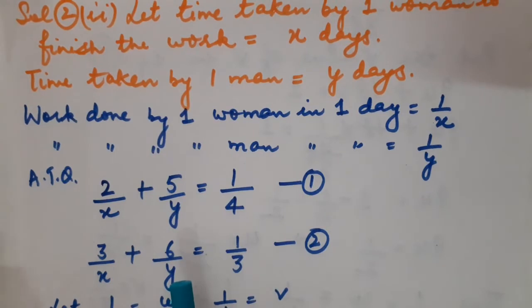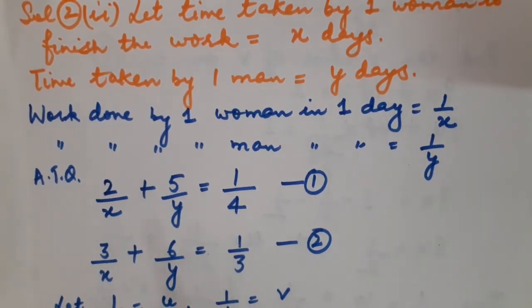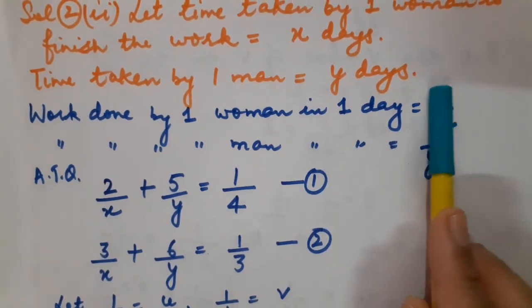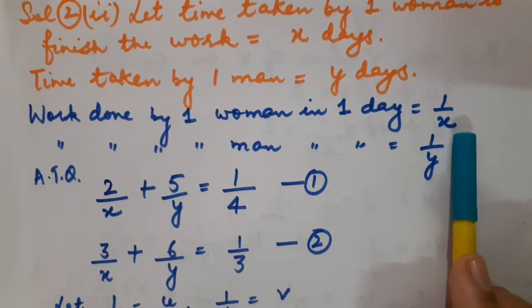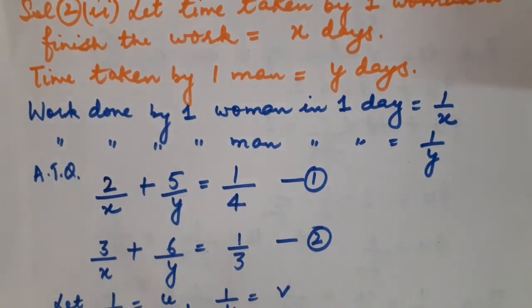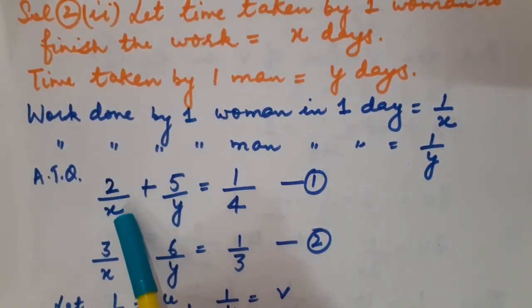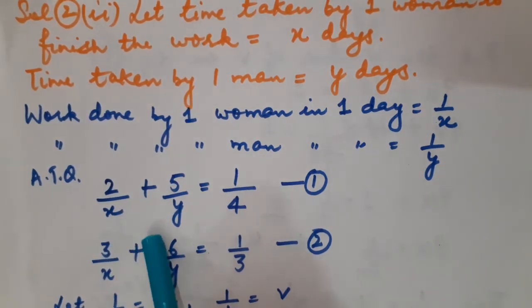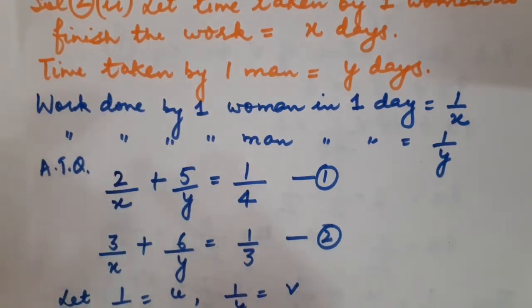Now according to the question, in case number 1, children, you read in the statement 2 women. If one woman does work equal to 1/x, then 2 women are going to do more work. For more, you have to multiply. So that will be 2/x. This is nothing but 2 into 1/x. Correct? That is equal to 2/x plus